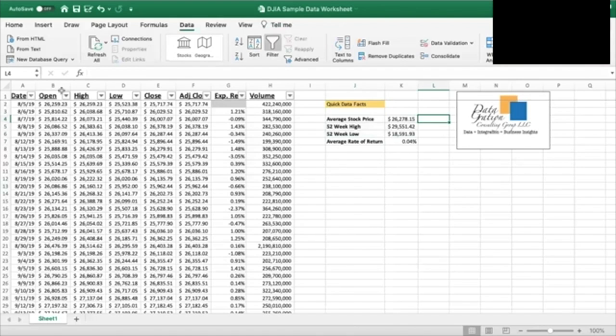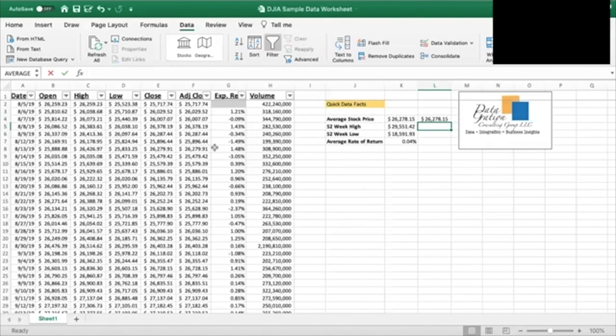So what I'm going to do is type equal because that's how I activate my formula. I'm just hitting the left key on my keyboard, hitting enter so it copies the values down. What you'll notice is it's identical and I'm dragging it down to copy